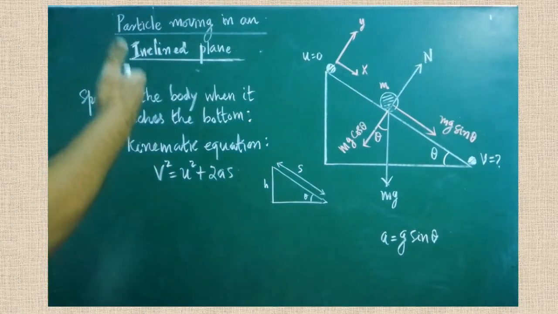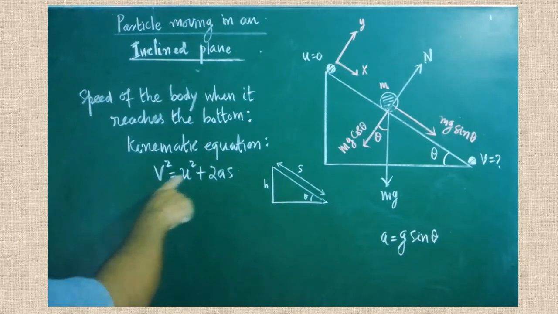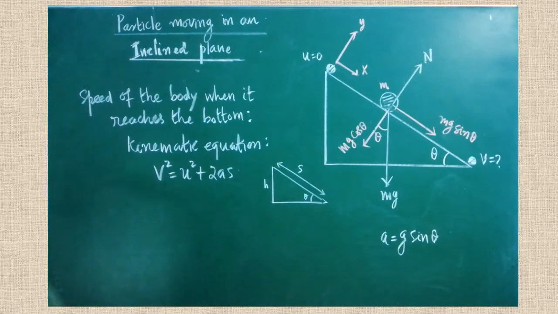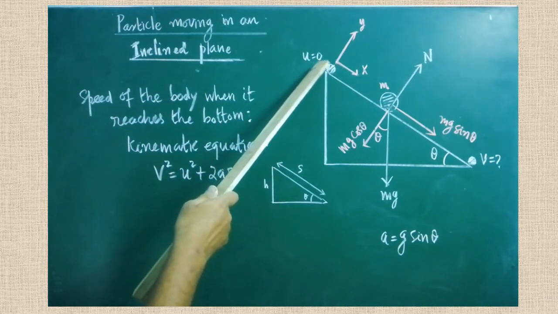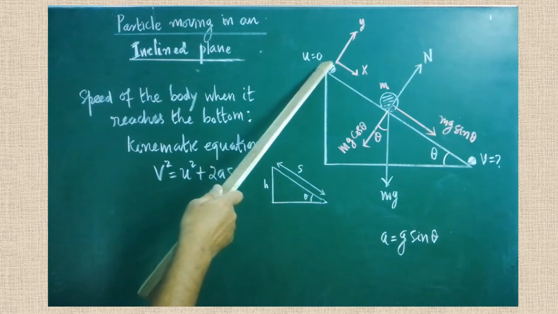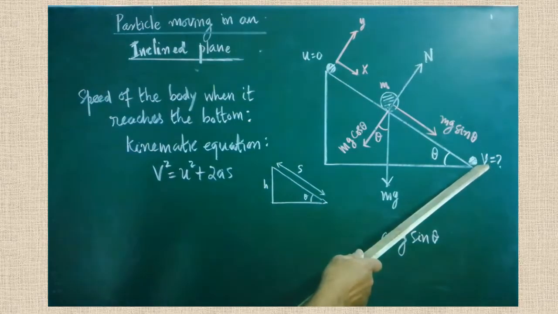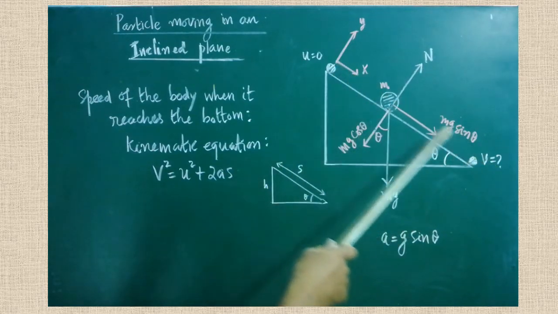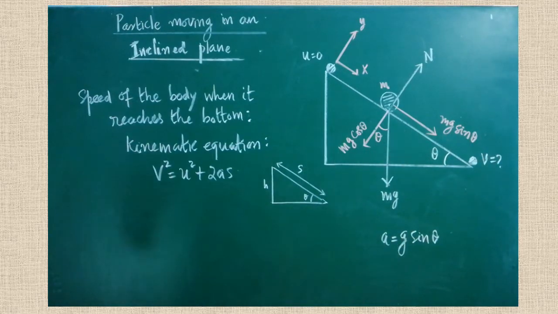This is the continuation of the same topic. Here we are going to find the expression for the speed of the body when it reaches the bottom. So when it starts its journey here, the initial speed of the body is how much? u is equal to 0. When it is rolling down, it will reach the maximum speed when it reaches the ground. So the final velocity, final speed, is called v. The movement takes place along the x direction. Therefore we have to find the expression for v.